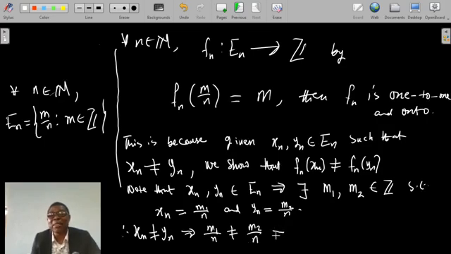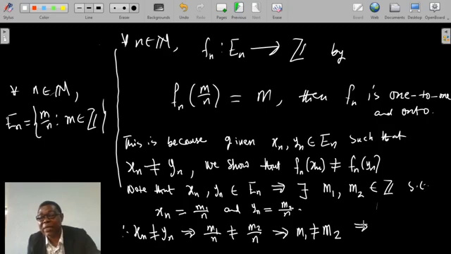And this implies that m1 is not equal to m2. m1 is not equal to m2. But by our definition of Fn, this will in turn imply that